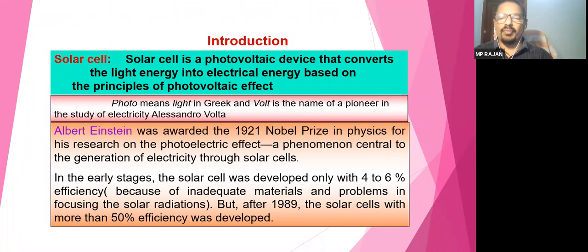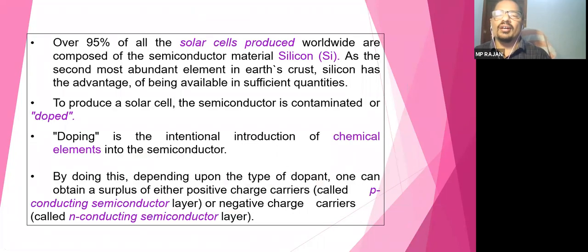So he is the first man who found the relation of how we can convert light energy into electrical energy. But it was not getting geared up because the procedure of how to convert was a problem, and the earlier methods we used had very low efficiency. Finally, later we developed many things, and in 1918, up to 50 to 80% efficiency was developed. Okay, so solar cells are produced from the silicon semiconductor.